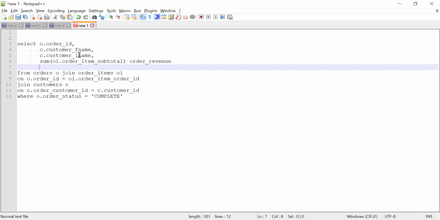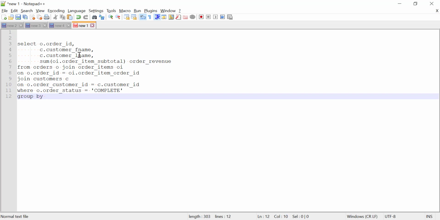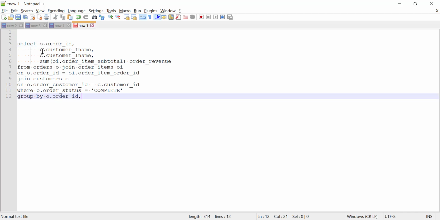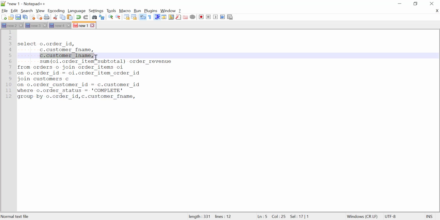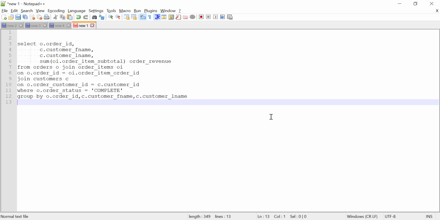This is the new column that I'm adding here. And to use an aggregate function I have to use a group by clause. So let's use group by order ID, customer first name and customer last name.